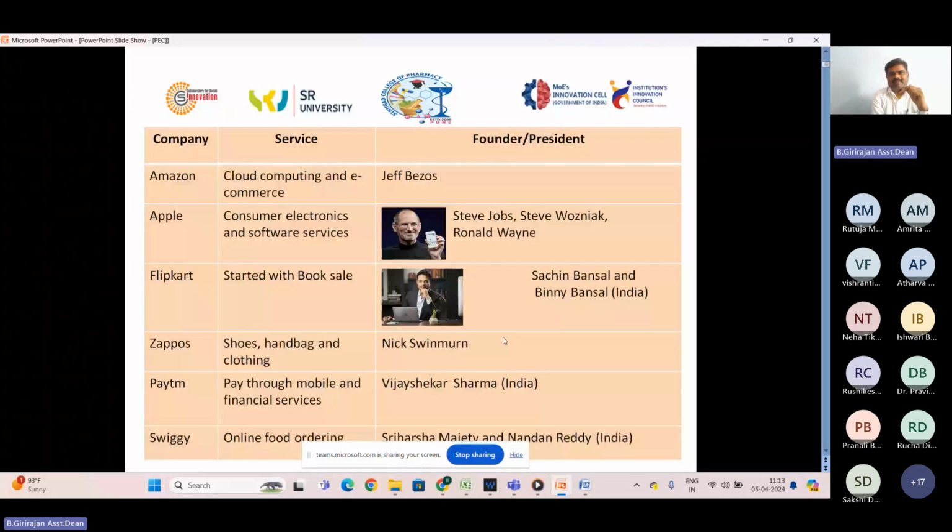I'd like to share some of the implementation possibilities, some challenges that our students are facing, as well as the input from many institutions that students are facing some challenges during product development, problem identification, and other aspects in product design. I'm also concluding the session with product design for pharmaceutical students. In this regard, I will start the presentation with some examples of companies, the services they offer, and their founders. These are some of the popular companies, what services they do, and their founders' details.